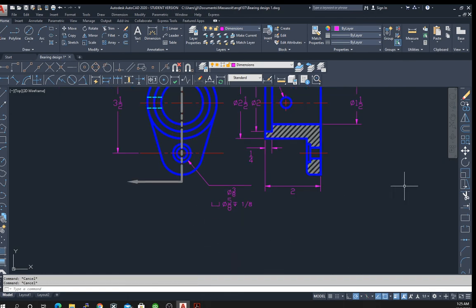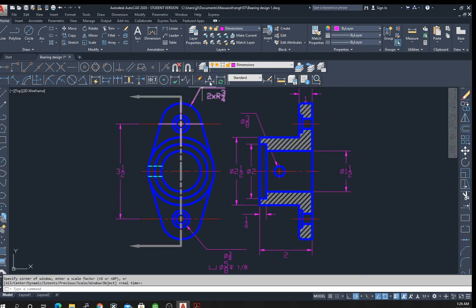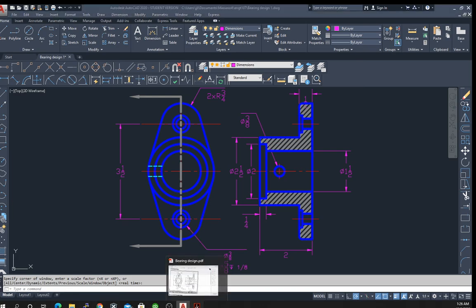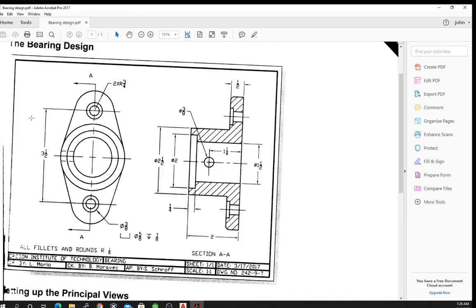At this point, then, this drawing is done. I don't believe I've forgotten anything. We have 1, 2, 3 dimensions over here. I didn't put the text in for the all fillets and rounds are 1/8 of an inch. You can do that. You can add this section AA. You should also fill out